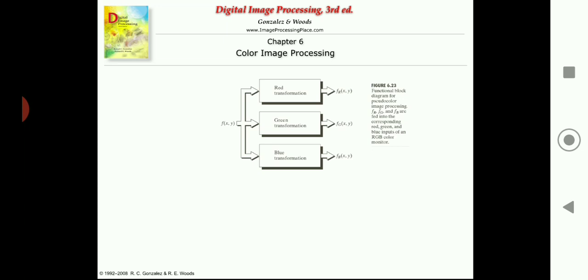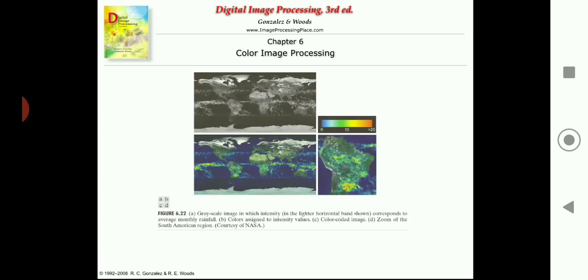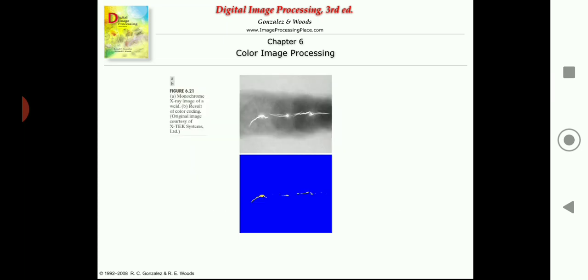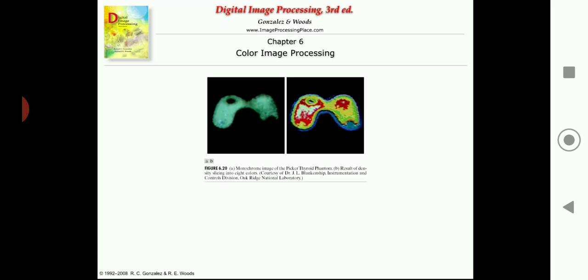So in the previous class we have seen intensity slicing and its related examples. We went through two to three examples on how intensity slicing helps us clearly identify the objects in an image. You can see this was one of the examples, and even this one wherein we tried to check a monochrome image. Later that monochrome image was converted into an 8 color image